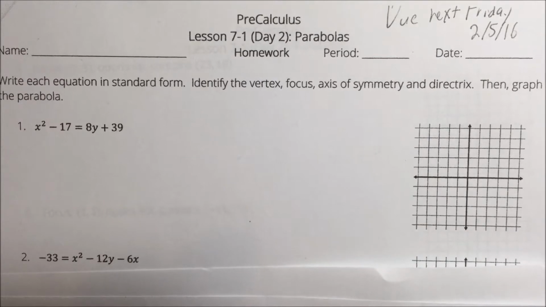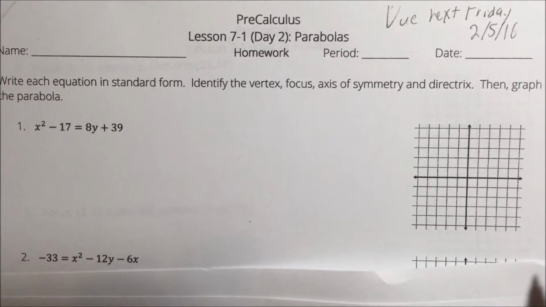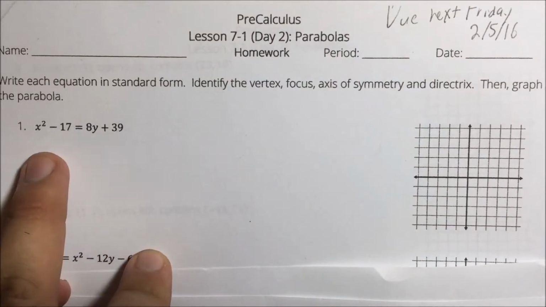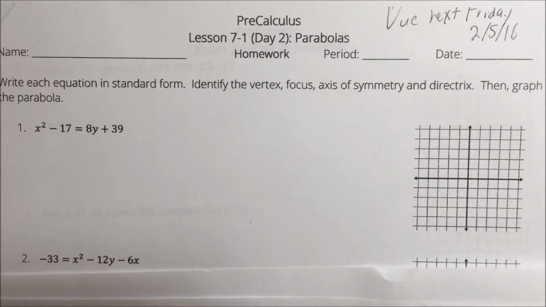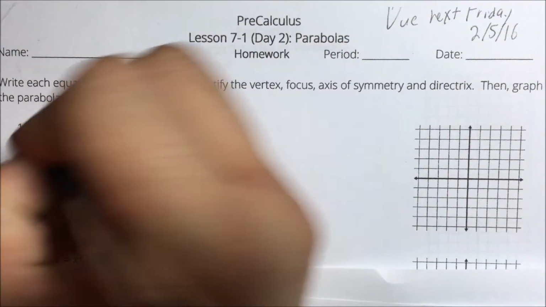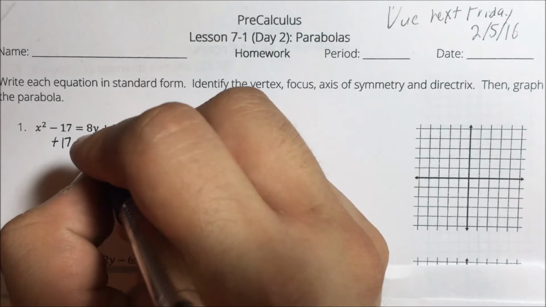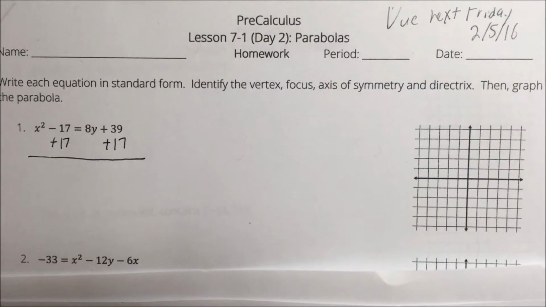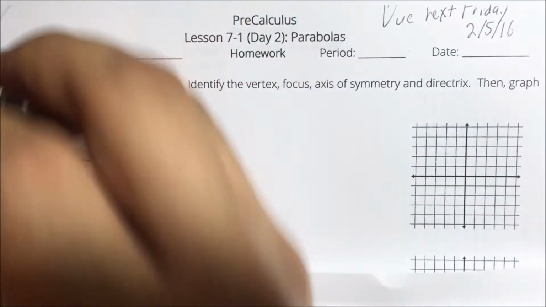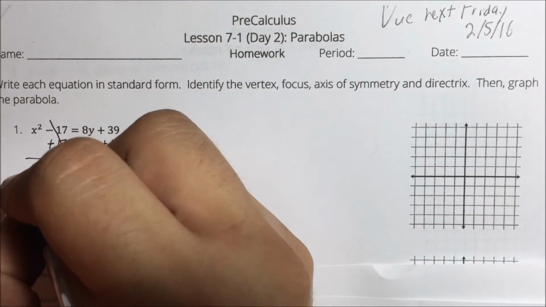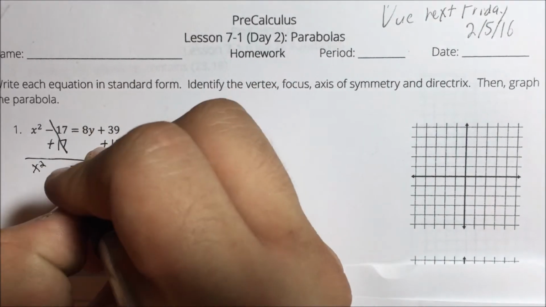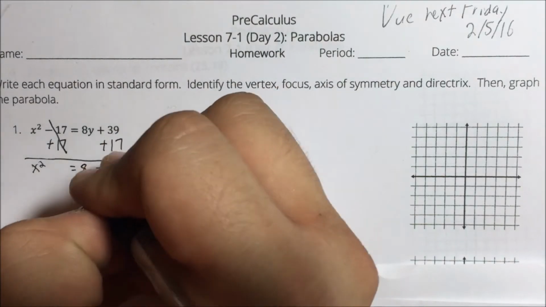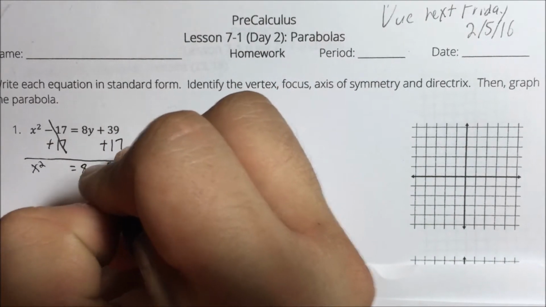So, first thing I'm going to want to do here is, because we only have an x squared, we don't have another x term, let's go ahead and add 17 to both sides. So what that does is that has this 17 go away, and as a result I get x squared is equal to 8y plus 39 plus 17, which gives us 56,